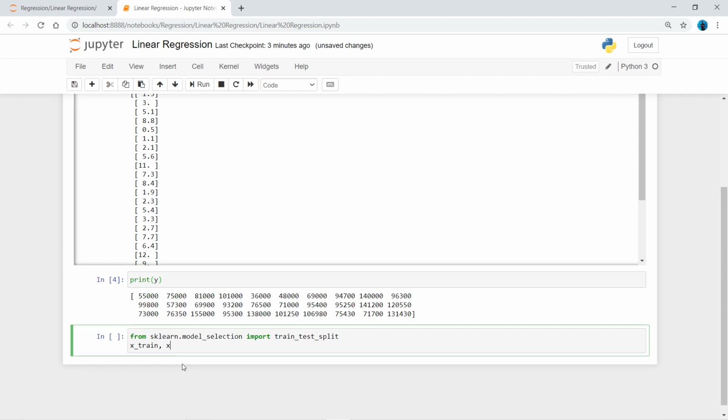Now we need x_train to store our training set values of our x variable, x_test to store our test set values of x variable, then y_train, training set values of y variable, and y_test, test set values of y variable. We'll call the function train_test_split. It will take x and y variables as its parameters along with test_size. So I want my test size to be 20%, that is 20% of all the values in the dataset,